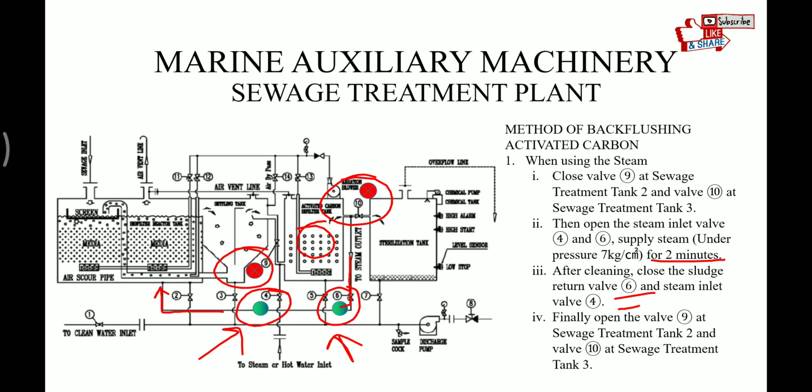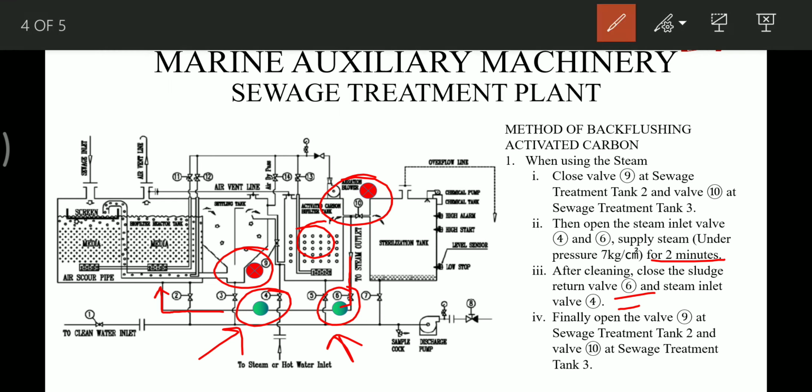Let me show you. All the tanks are having valves at the bottom, as you can see over here. All the tanks, the settling tank, this bioreactor tank, and the activated carbon tank, all are having this valve pipe connection at the bottom of the tank. So while opening the individual valve and running the discharge pump, we can remove all the dead microorganisms which are present in the tanks. We can discharge them overboard, and we can clean this STP.